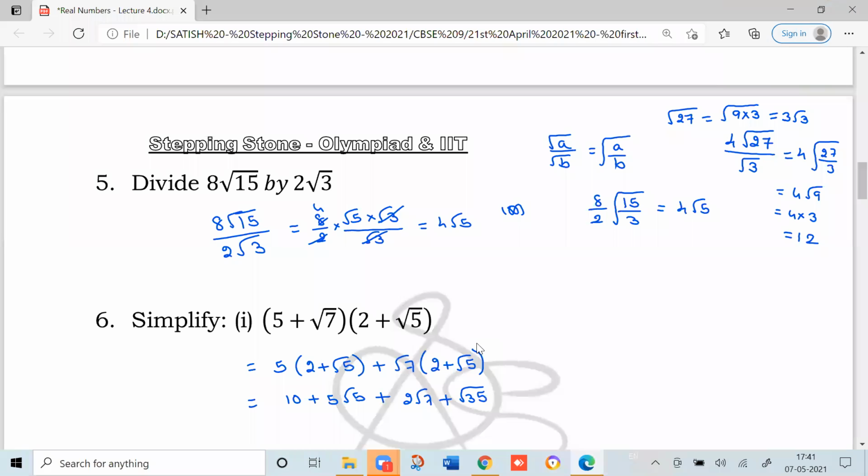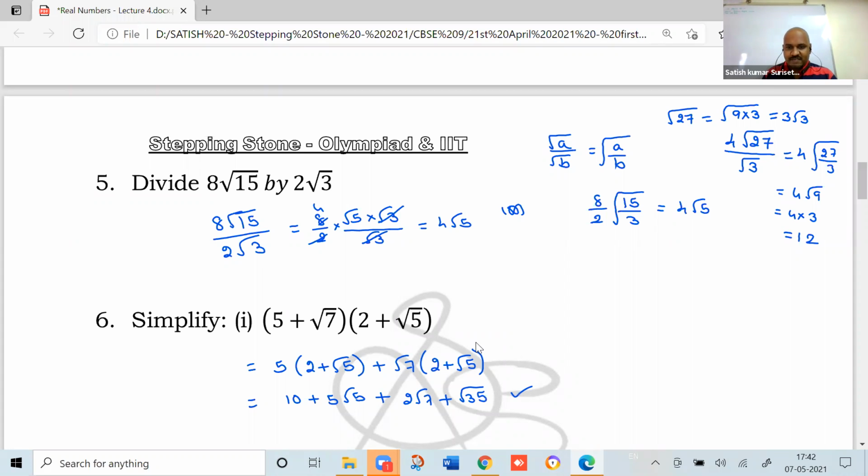Sir, I guess we can simplify root 35. But even after simplifying root 35, still you cannot add it to anything. Why? Because the radicands themselves are different. Because here radicand is 5, here 7, here 35. So they are not like surds. So you can keep it as it is only. Okay. Now, if the radicands are same, then only can you add the rational factors.